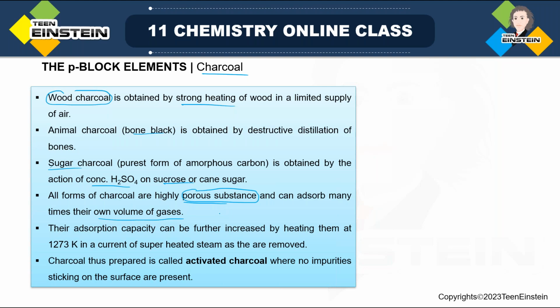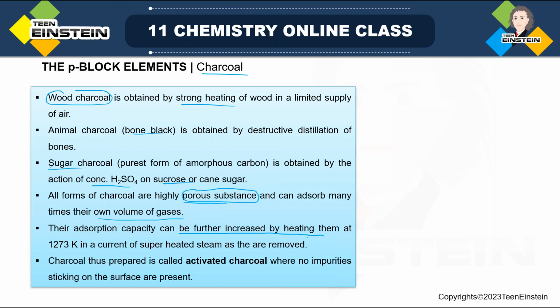Now this absorption capacity we can further increase. How? We can increase it by removing some impurity which is present in the walls of these pores. If there is some impurity in the walls, there will be some blockage. So if we can somehow remove these impurities, the vacant space will increase, so it can absorb more volume of